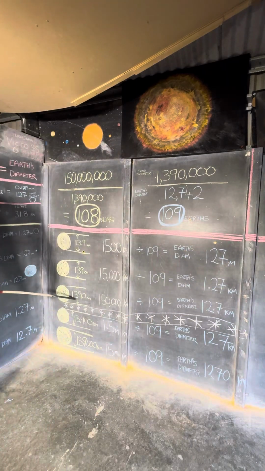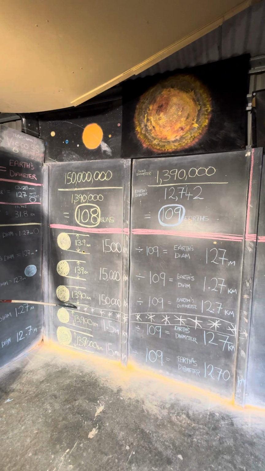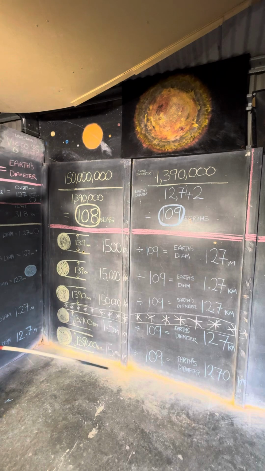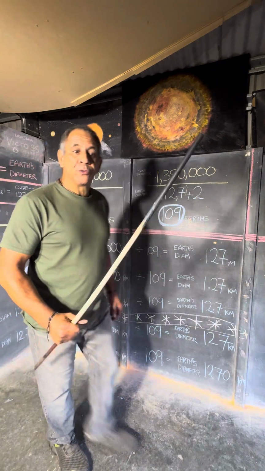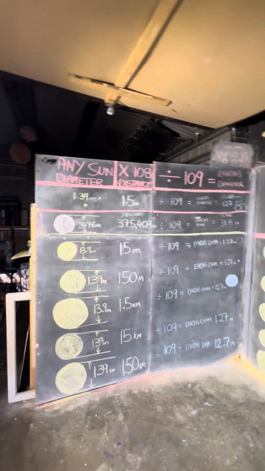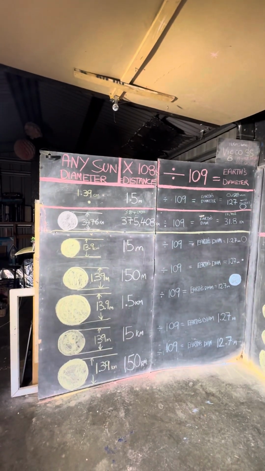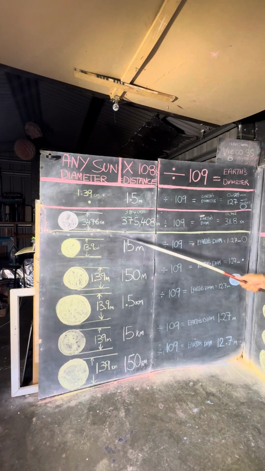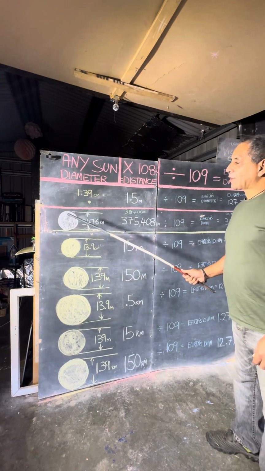Instead of jumping from 1,390 times 10 to 13,900 kilometers, what is in between these numbers? La Luna, the moon. And this is a beauty. If the moon were the sun, right, at a diameter of